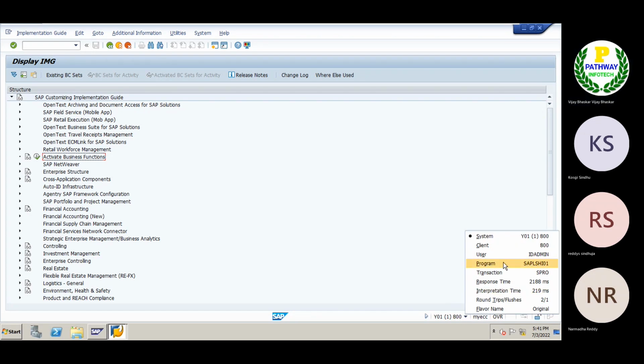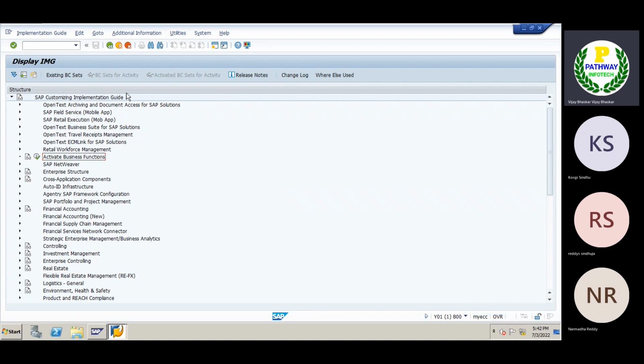Who is the user logged in? This is my user ID, admin. In real time it will be your own user ID. Then, which client we have logged into. This is the client information, but under this server how many clients there are, I will show you just for your information. /n obc4,